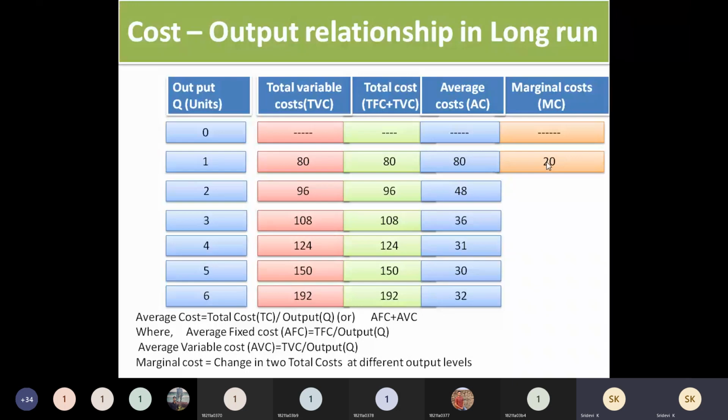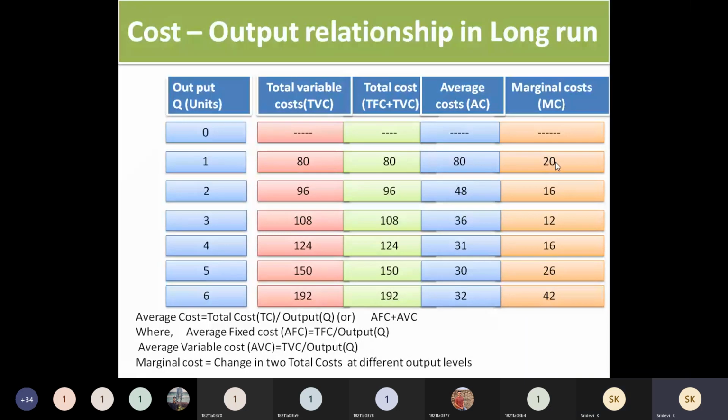Here it is 80. You take it as 80 because above it is 0. Here it comes 80. It is a mistake. And 96 minus 80, it will give you 16. And 108 minus 96, 12. So like that you go on calculating, you will get these values. Only thing here, instead of 20, you take it as 80. Okay, so everything is okay now. And this same schedule I copied, so this mistake appeared here.